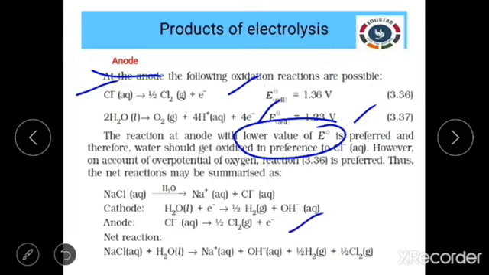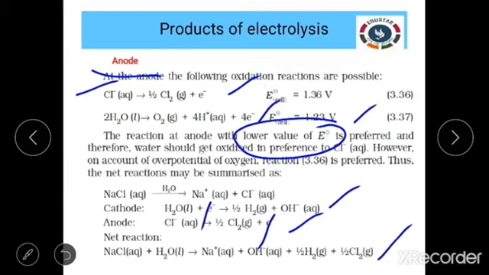So the anode reaction is given and the cathode reaction we found just now, and the net reaction has to be written. Adding the cathode and anode reactions we will get the net reaction. How can we get this reaction? Just cancel the common things present on both the reactant and product sides. I think nothing will get cancelled here except the electron. After cancelling the electron, everything can be written as it is. We are getting the equation like this.